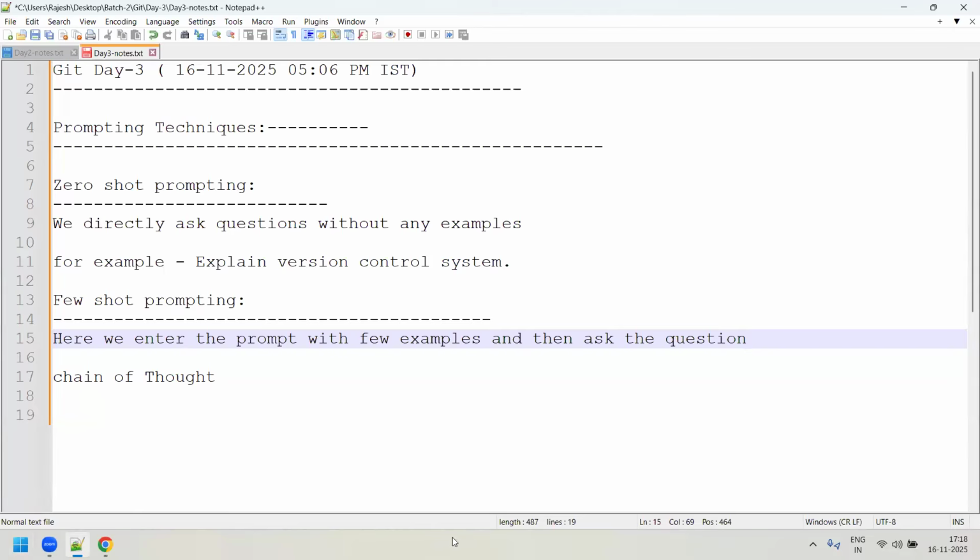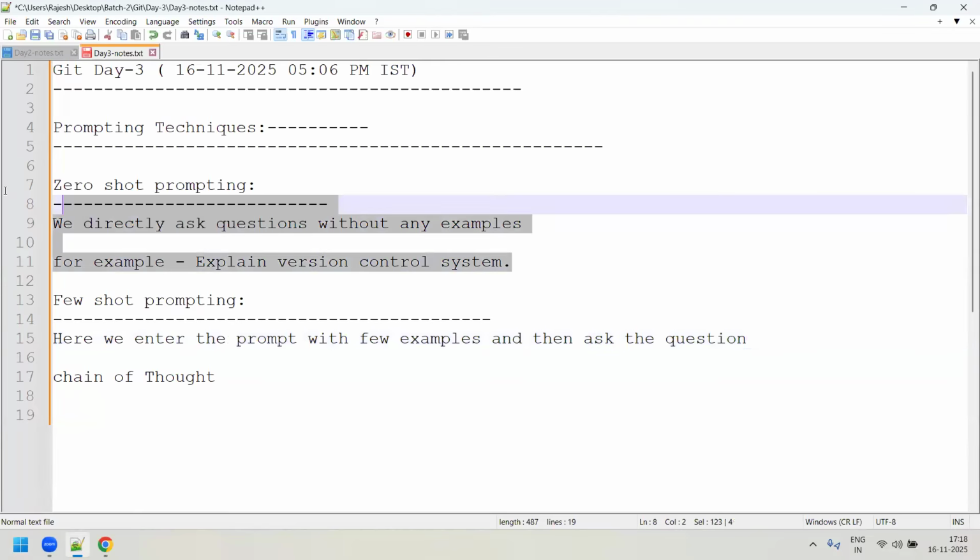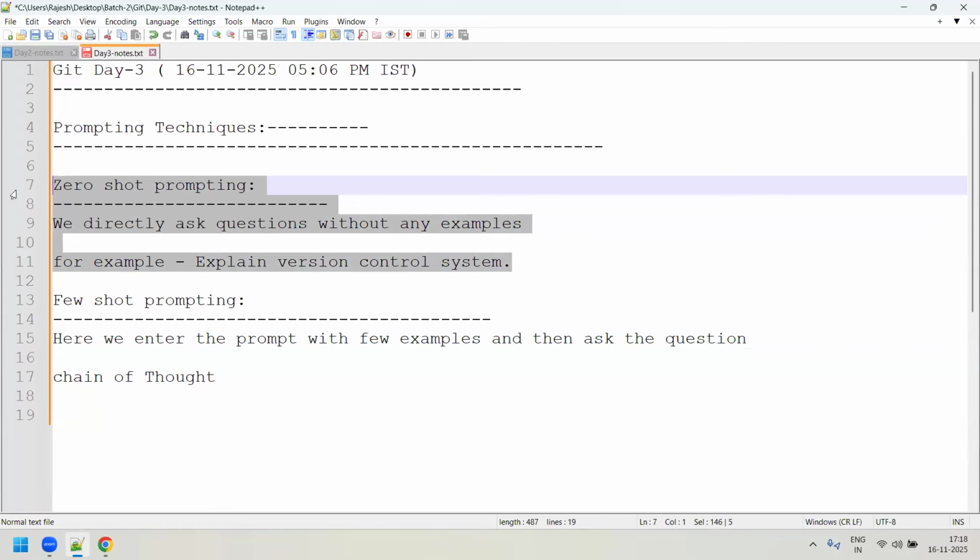Now shall we see some examples, guys? Zero shot is nothing big deal because it acts like a direct Google question. But I said earlier, it's not recommendable. Still, you can ask it. There's no issue in that. Asking a direct question to this tool is also fine. Okay, what about few shot prompting? Few shot prompting, as I said, you need to prompt with few examples and then do it actually.